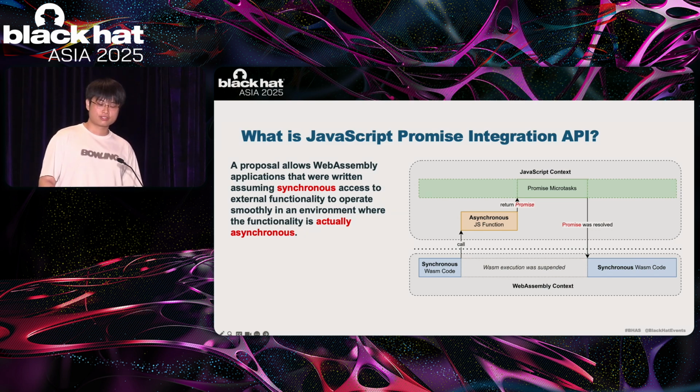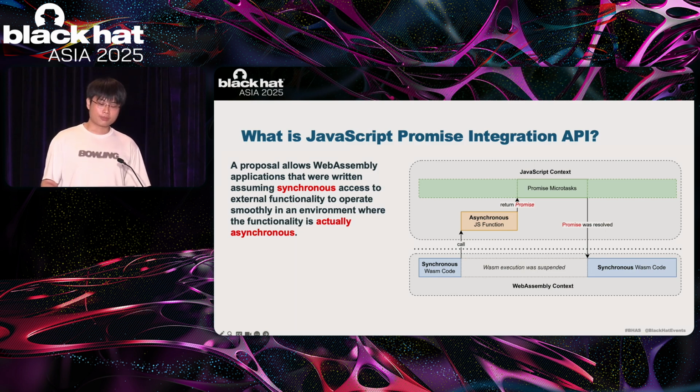At this point, JSPI suspends WebAssembly execution and transfers control to the JavaScript environment, where the asynchronous operation continues. Once the operation completes and the promise is resolved, JSPI resumes the suspended WebAssembly execution context, passing the resolved value back to WebAssembly so it can continue